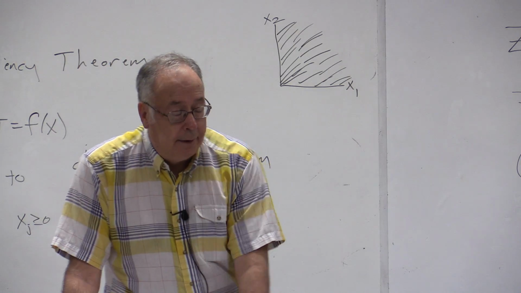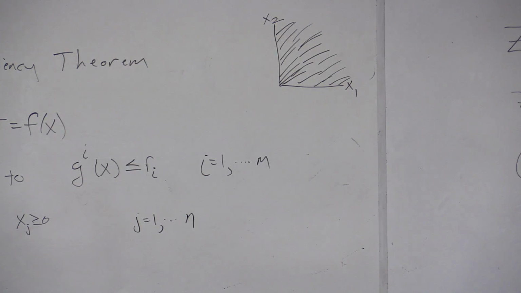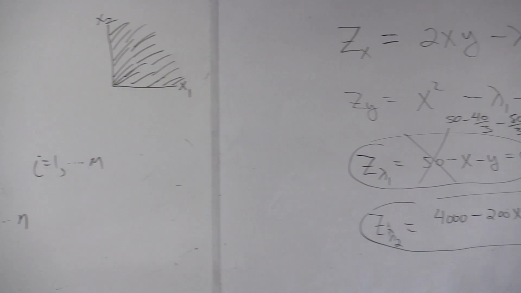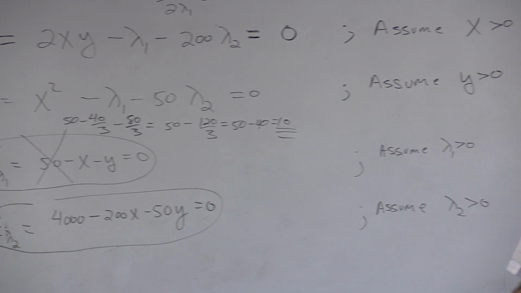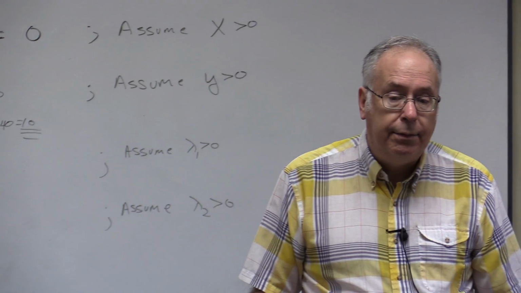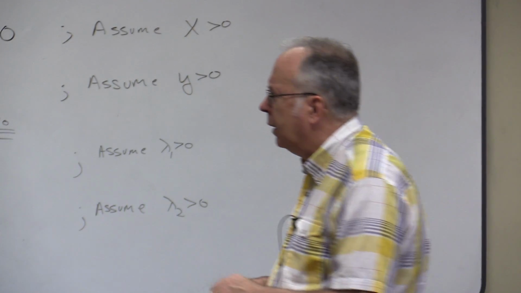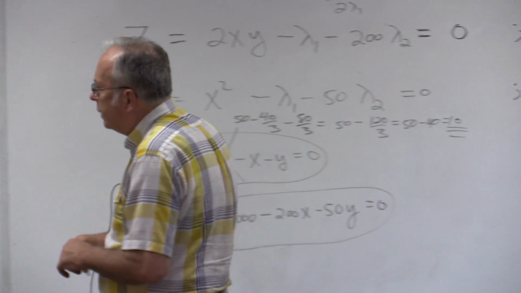Okay. So if your objective function is concave and each of your constraints is convex, and you satisfy the Kuhn-Tucker conditions, this sufficiency theorem guarantees that you'll have a global maximum there. Okay. Now, the trouble with this Kuhn-Tucker